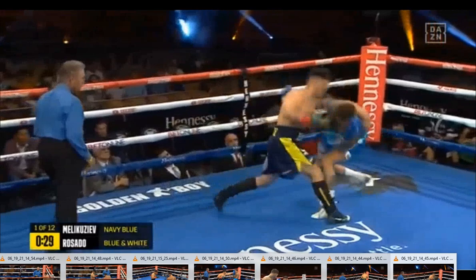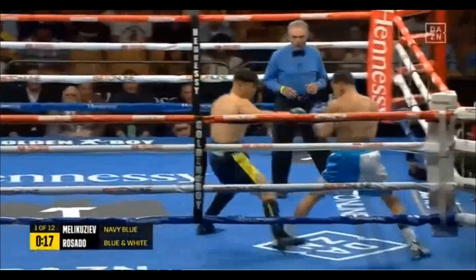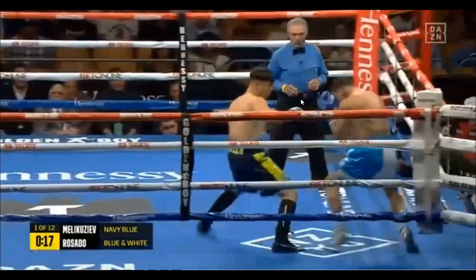Now, we're going to take a look at a couple of clips here to put some things into perspective, okay? First, when Gabriel Rosado was not using his hands to control the line, when he was not feinting or probing or using this hand to disrupt his opponent's lead hand, it allowed Bektemir to more effectively use this hand to threaten Gabriel Rosado's position, right? Allowing him to get here, and then now, because he'd shown him that position, right, that punch, Gabriel Rosado knows